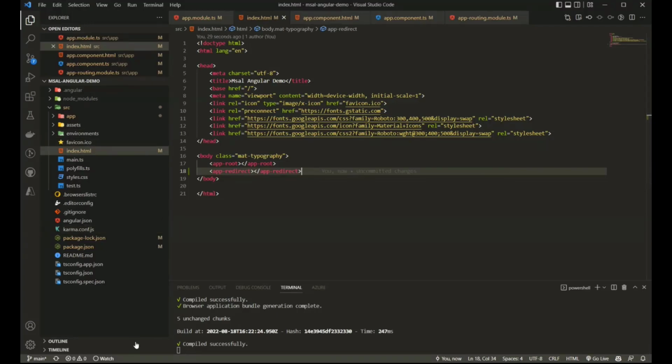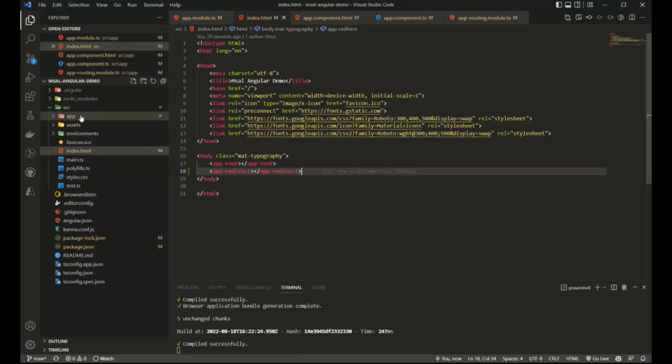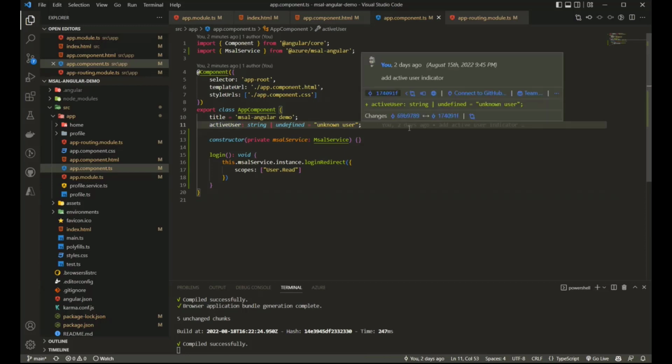And, well, I want to fix this UI because there's nothing that indicates on the UI that we are signed in. So let's fix that. So how can you do this? I'll go to my components. And I have already this variable here, which will eventually show the signed in user's ID or username.